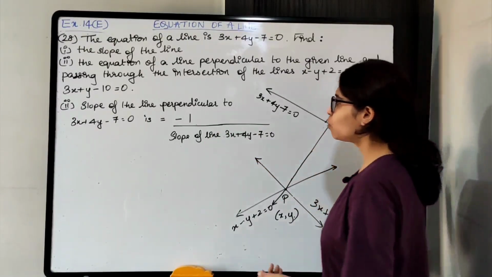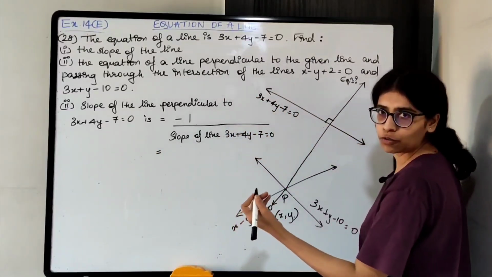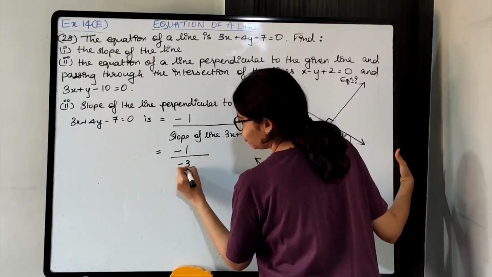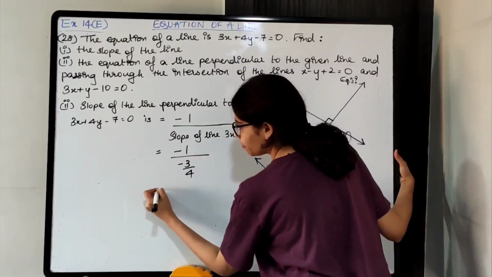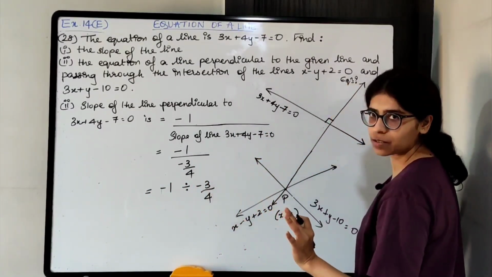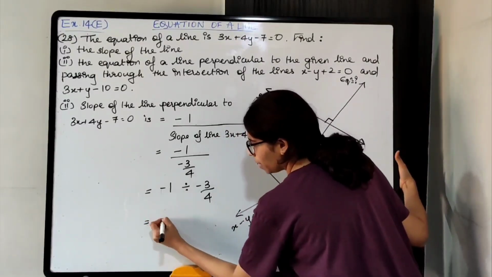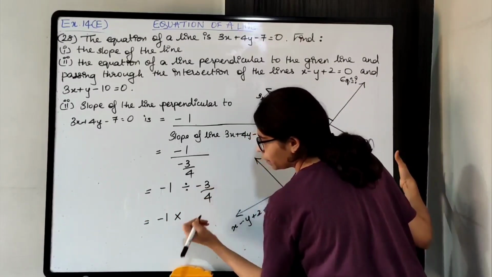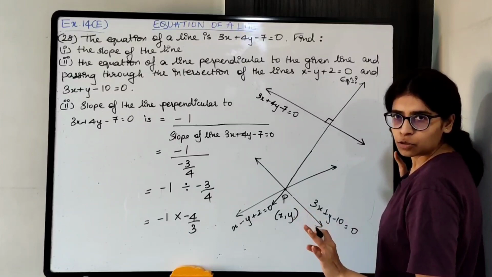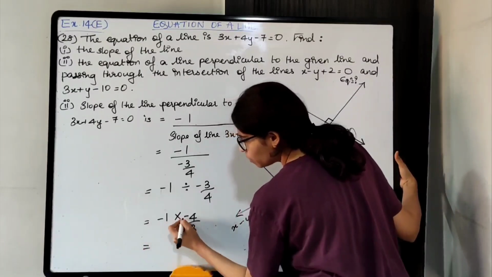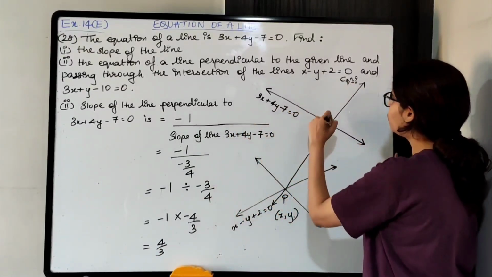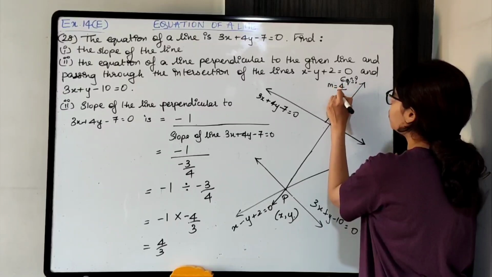We got already the slope. It is -3/4, right? So -1 upon -3/4. That is nothing but -1 divided by -3/4. To avoid any confusion, solve like this. Okay, so -1 डिविजन हो जाएगा मल्टीप्लिकेशन, तो यहाँ पे रेसिप्रोकल. ओके, एंड ब्रिंग नेगेटिव साइन इन न्यूमरेटर. ओके, माइनस इंटू माइनस प्लस हो जाएगा 4/3. ओके, सो स्लोप ऑफ दिस लाइन इज 4/3.